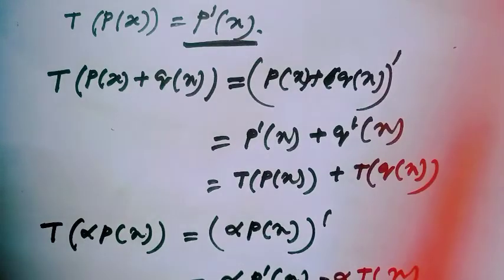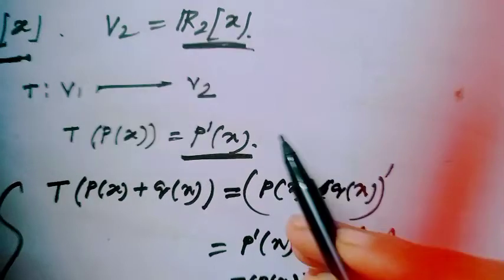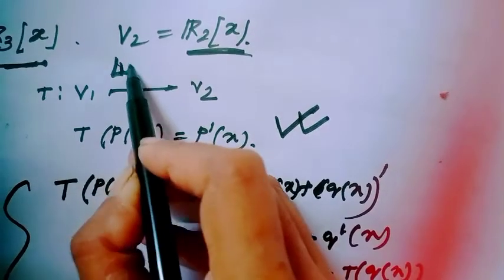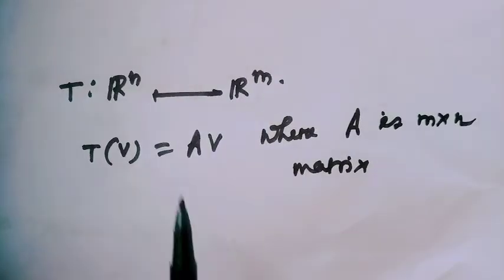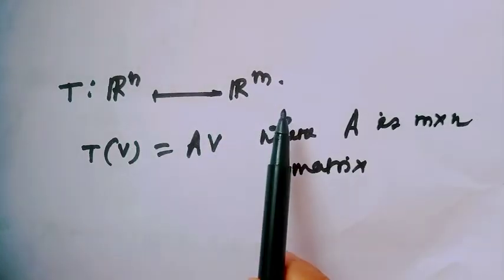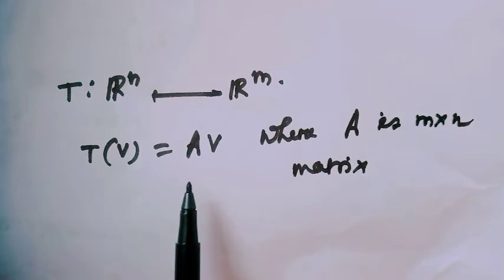Therefore, our condition of linearity has been satisfied here. So we can tell easily this mapping is a linear mapping. Are you getting the linear transformation? Another example: T from Rn to Rm and the defined mapping is T of v equal to